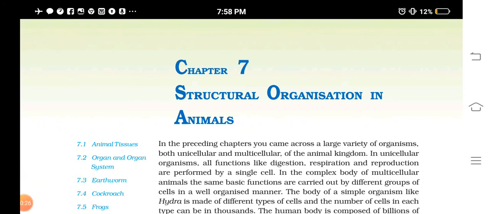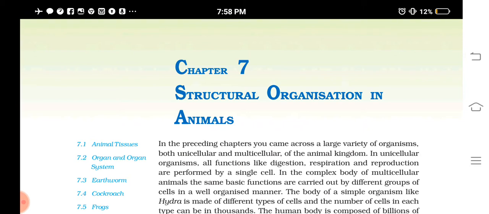So in unit 1, that is diversity of living organisms, I have explained some topics of chapter 1, that is up to binomial nomenclature. Then chapter 2, biological classification, all the topics are there. Then chapter 3, plant kingdom. Chapter 4, animal kingdom. So these are the chapters from unit 1, and the portions which I have taught through the videos, only those you have to study.